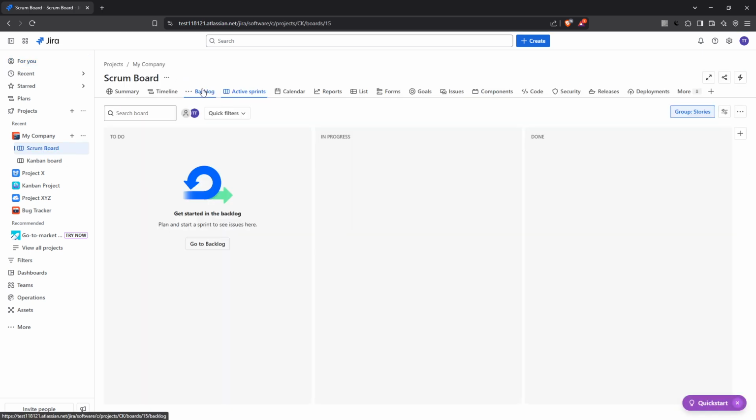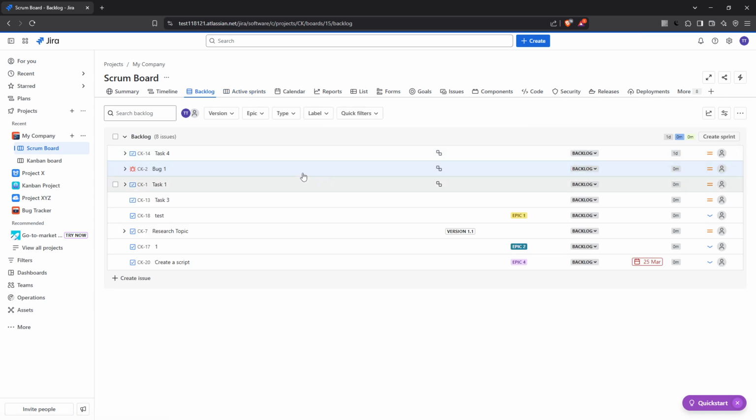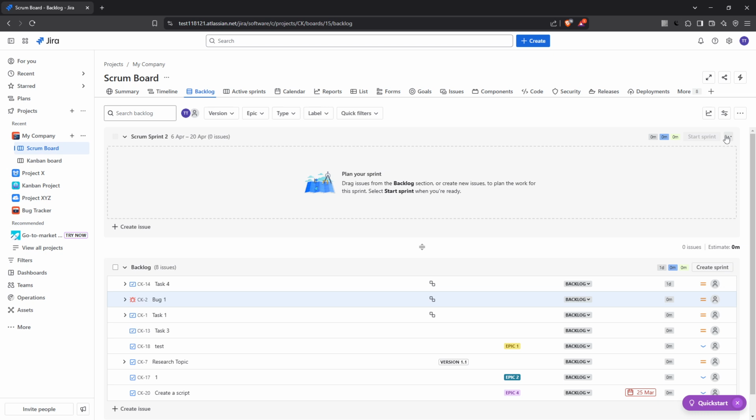Located prominently at the top, you'll see the Create Sprint button. With a simple click, you're already on your way to designing your new sprint. Once you hit that button, a new sprint panel will automatically appear. Think of this as the control center where you'll be able to organize and personalize your sprint to perfectly align